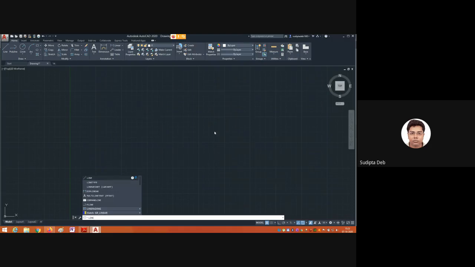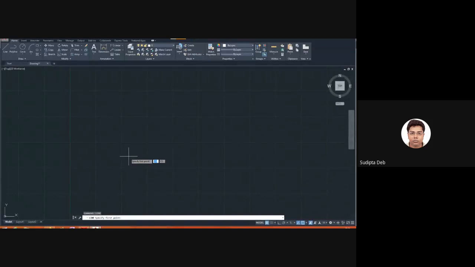No problem, that will also be easy to draw. So first, just you see, the command is line, press single enter. Now what it is asking: specify first point. So click anywhere. I'm not using coordinates. You can also use the coordinates, but right now I'm not using them.